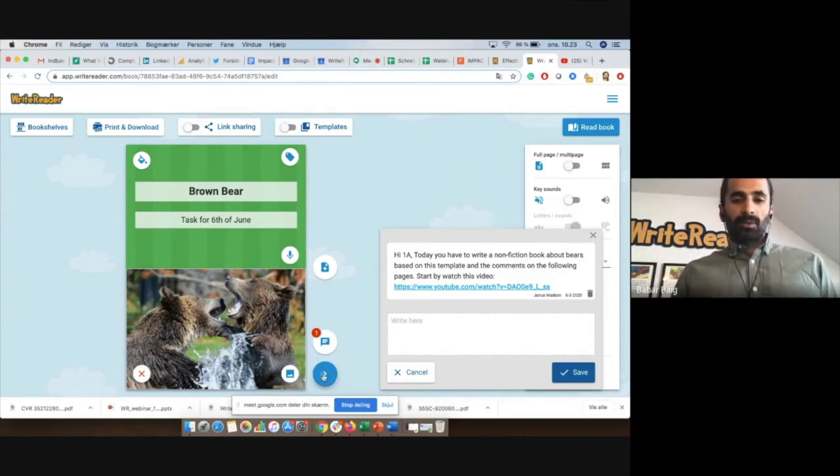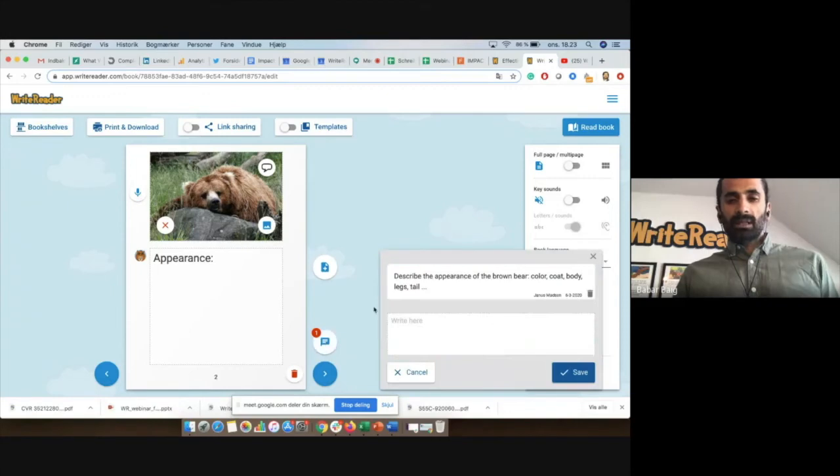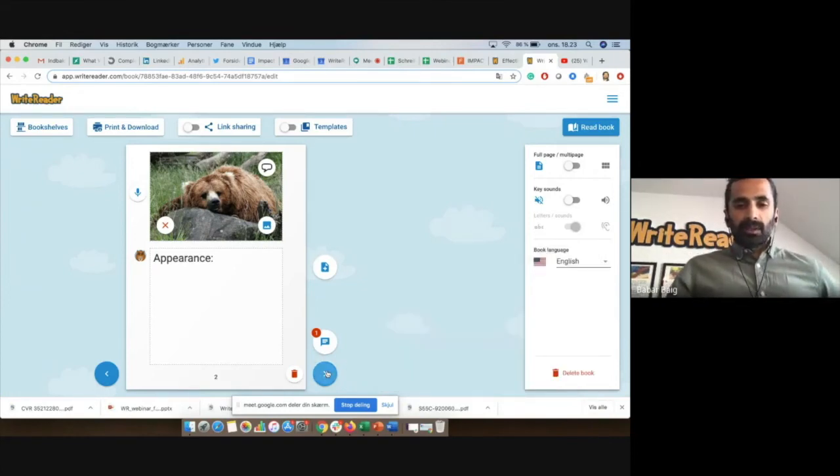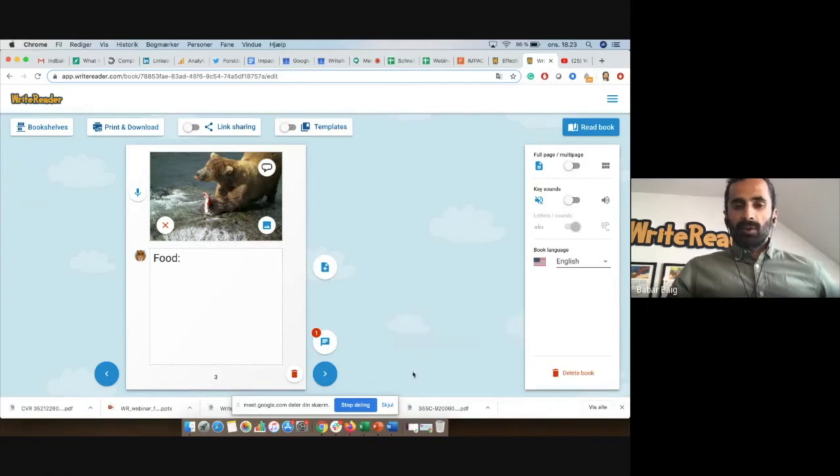And when you go onwards, again, you can write something in the page, and also in the comment section you can write, describe the appearance of the brown bear, color, body, legs, tail, whatever. So this basically gives you an idea on how you can use the comment section when you want your students to write. So once you've created your books and once you have inserted those comments,